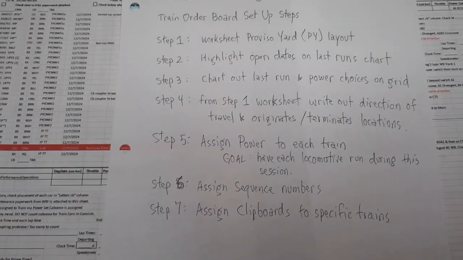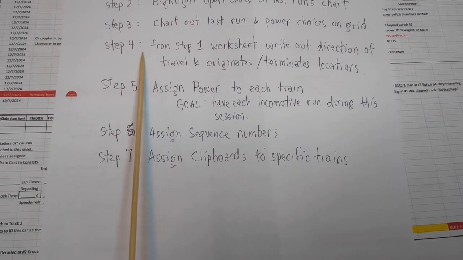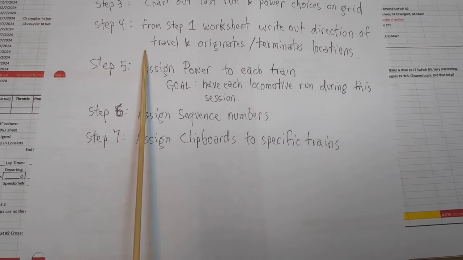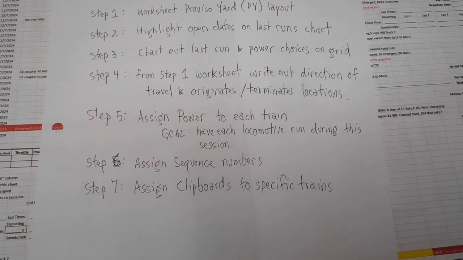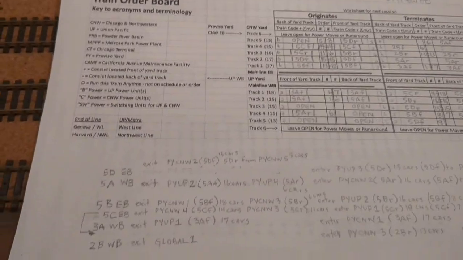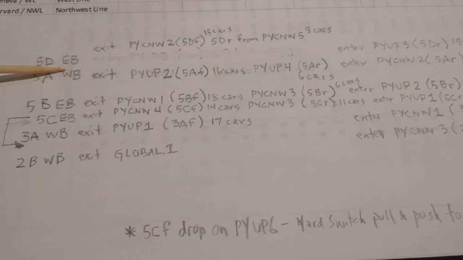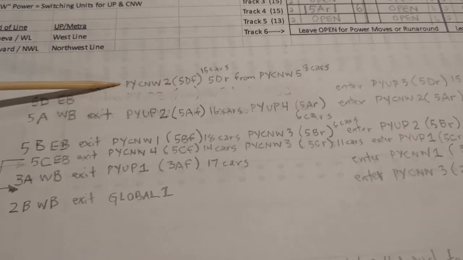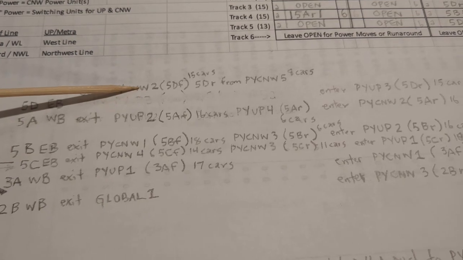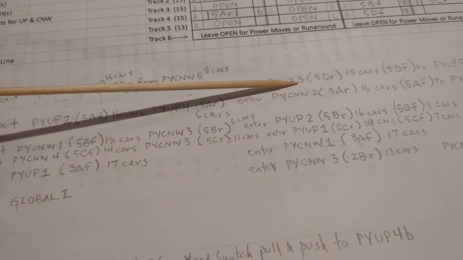Step 4 is next. All right, so now step 4, we go back to step 1 and look at that chart, and then we figure out what directions they go, when they leave, when they arrive, and I'll show you what that looks like. So back at Proviso Yard, I look at the full yard. So 5D is going to be eastbound, and it's going to exit the Chicago Northwestern eastbound yard in Proviso Yard,